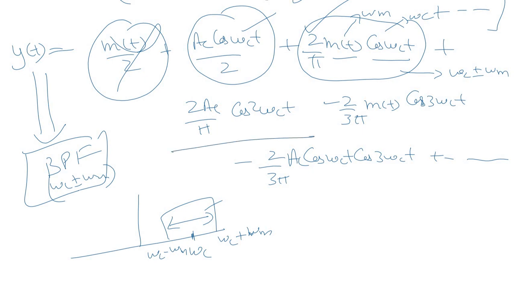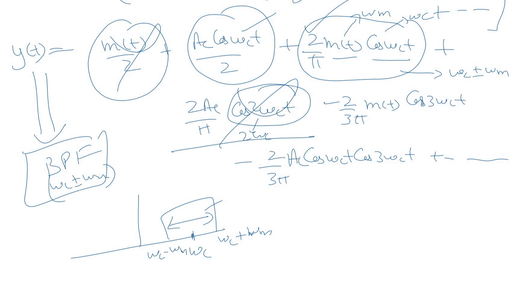The next term is (2/π) Ac cos²(ωct). The frequency component present in this term is twice ωc, and hence it will be eliminated by the band pass filter. We've already seen that in the previous method, that was the square law detector method, also the square law modulator method.